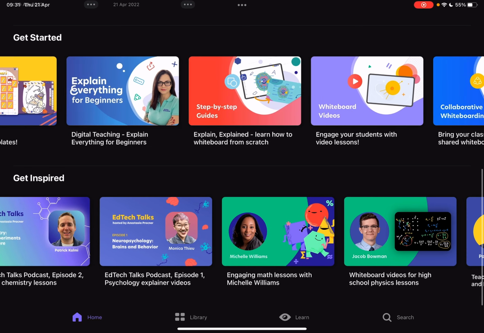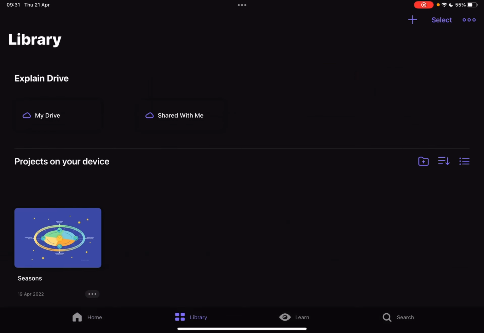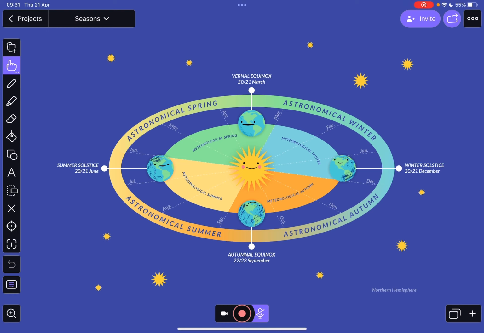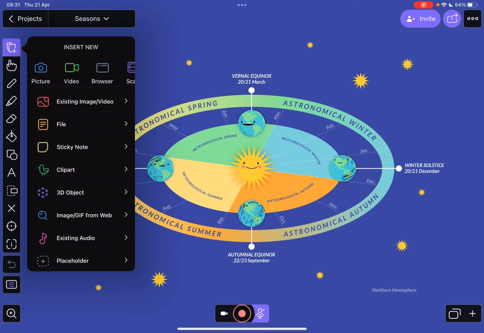First, open the Explain Everything app, then go to the home page and open your project where you want to add an image. And at the project section on the left side of the screen, you should see this toolbar. And at the top of the toolbar, you should see these two squares with a plus icon. And if you tap on it, you can see the Insert New section where you can insert a picture to